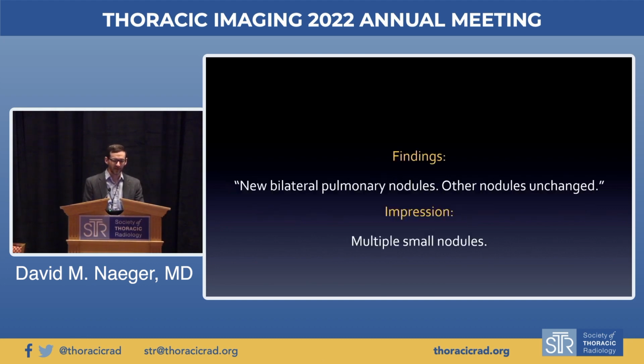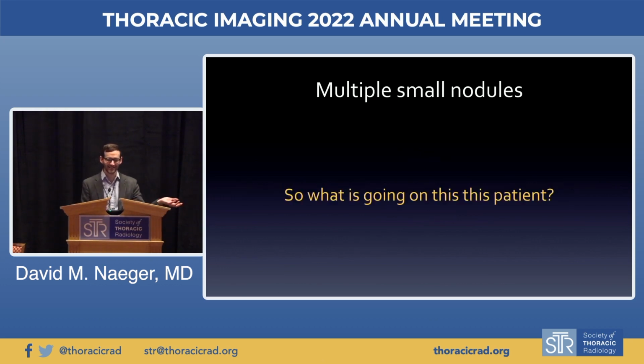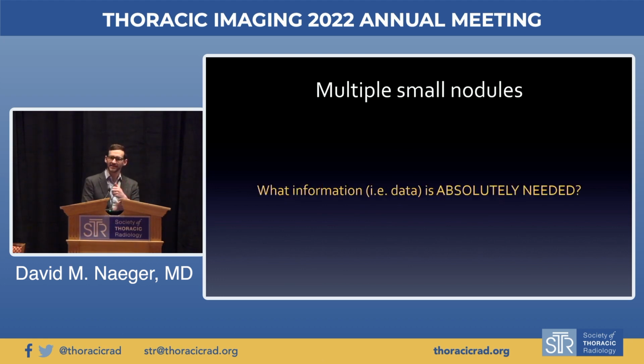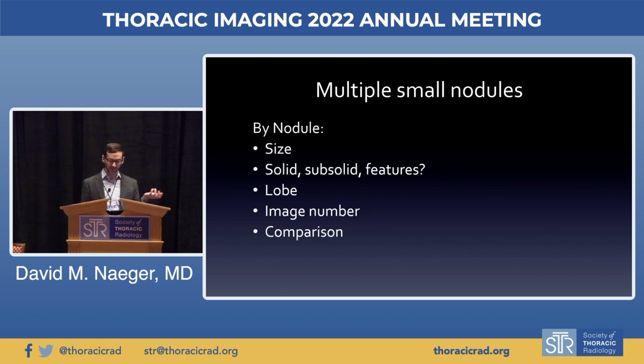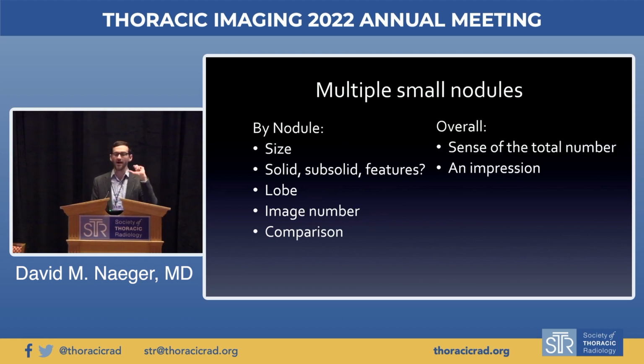Okay. Next, what if this was a findings and impression and this is all that was written about some pulmonary nodules? We have no idea what's going on, right? What is actually happening? No idea. So then this brings us to the question accuracy about what information you do need to have in a report, right? And for nodules, it's not actually a small amount, right? We need the size and multiple details to actually get a sense of, ultimately, what is actually going on, the